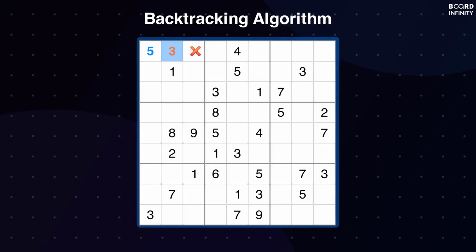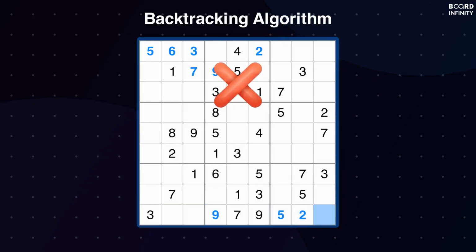You try 3. Wait, now that breaks the rules in the column. So you erase the 3, try 4 instead. Still doesn't work. You erase again, try 6. Valid. You keep going, filling cells one by one. But then, 10 moves later, you realize there's no valid number left for a cell. Something earlier must be wrong. So, you backtrack. You erase your last few choices, return to a decision you made earlier, and try a different